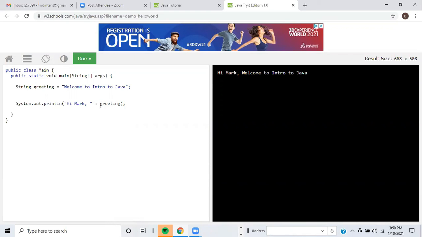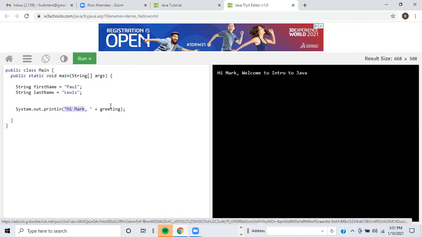All right. So if I have a string, I want to add first name and last name. First name equals, and double quotes, it's a string, Paul, semicolon, and then I've got the string last name equals double quotes Lewis. Paul Lewis. So if I want to print these out,